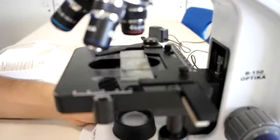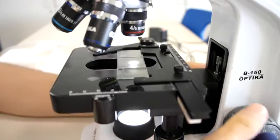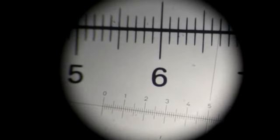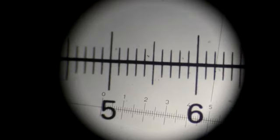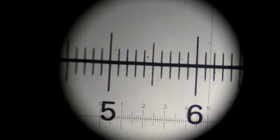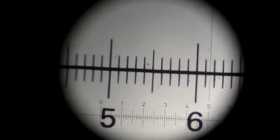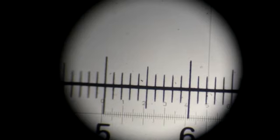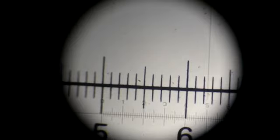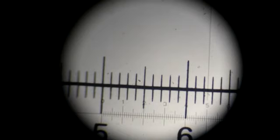Put the stage micrometer on stage. Turn on the microscope. And now you need to superimpose the stage micrometer with the Eyepiece Graticule. The larger one that you see is a stage micrometer. You can move it up and down, right and left. And the smaller scale is the Eyepiece Graticule, so you can rotate it. As I move, my intention is to overlap any two. For instance, I overlap 0 with 5. Okay. If I overlap small 0 with big 5,